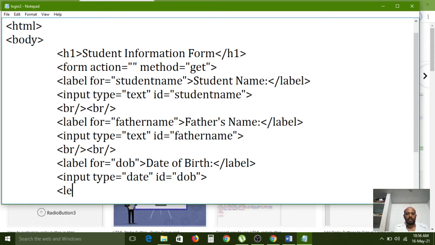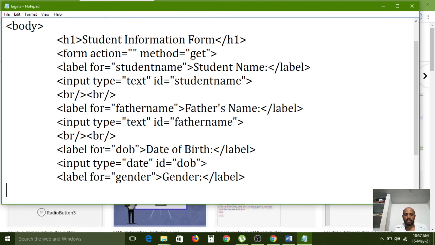So label for gender, close the label, and input type equal to radio button. The option name is what? Radio only. Okay, radio.